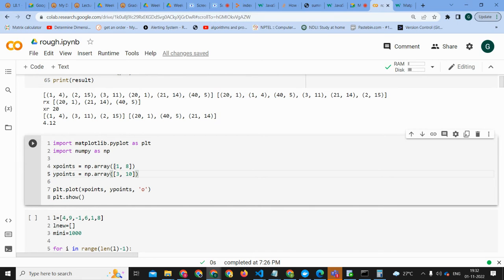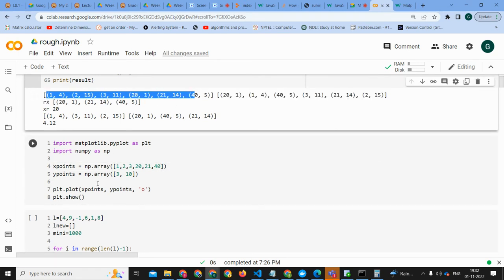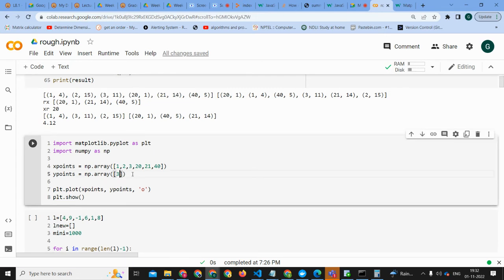Ah, okay. So x points they are giving separately, and y points they are giving separately. That's interesting. We don't need to plot so many things. Uma, can you just tell me what are all 1, 2, 3, 20, 21, 40? So these are all the x coordinates, right? Okay. Can you just tell me the y coordinates also, please? Yeah. 4, 15,